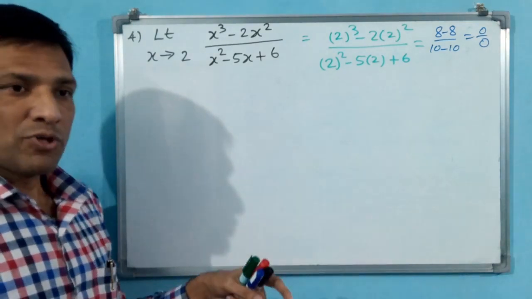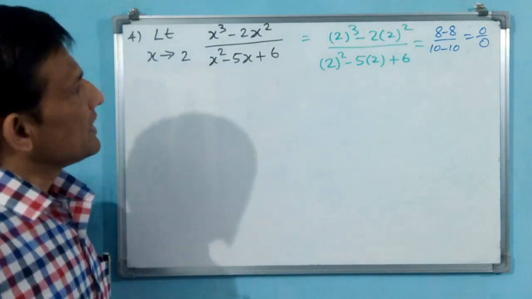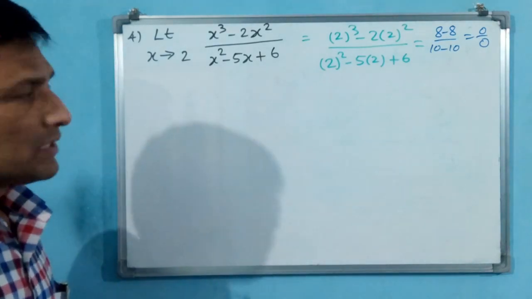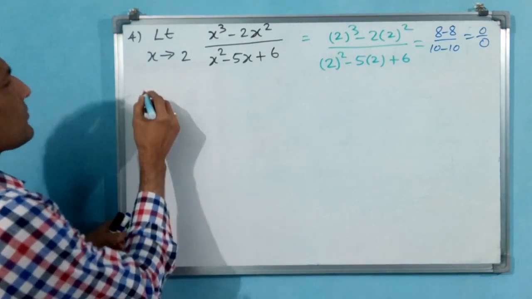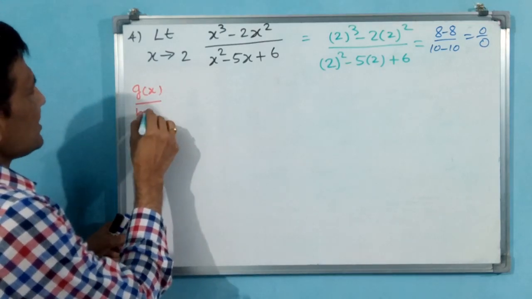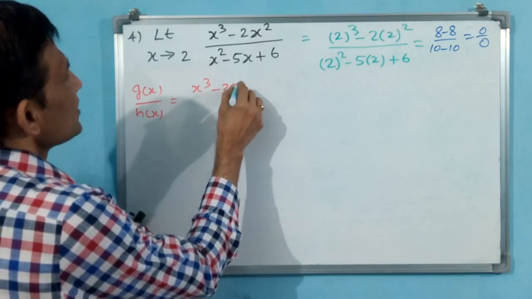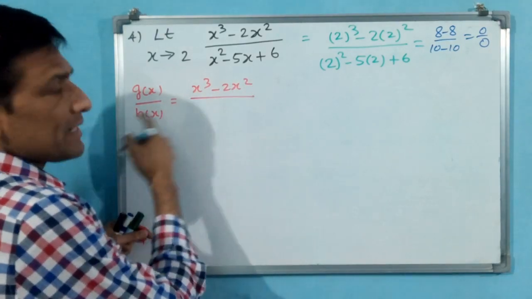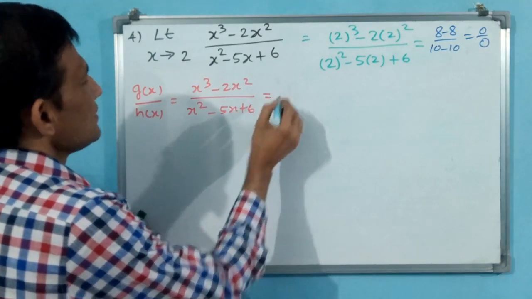This we have to shift from case 3 to case 2 or case 1. Okay, let us do it. See how I am doing. I am taking this as gx by hx. Okay, write down. Gx by hx is equal to x cube minus 2x square over x square minus 5x plus 6, that is equal to,